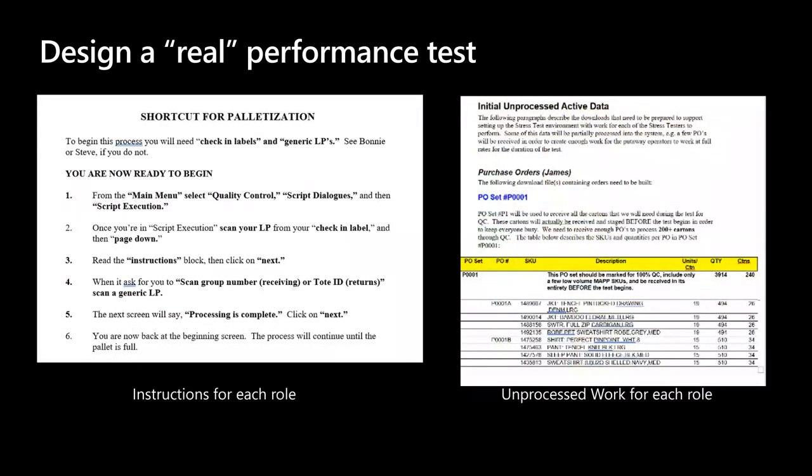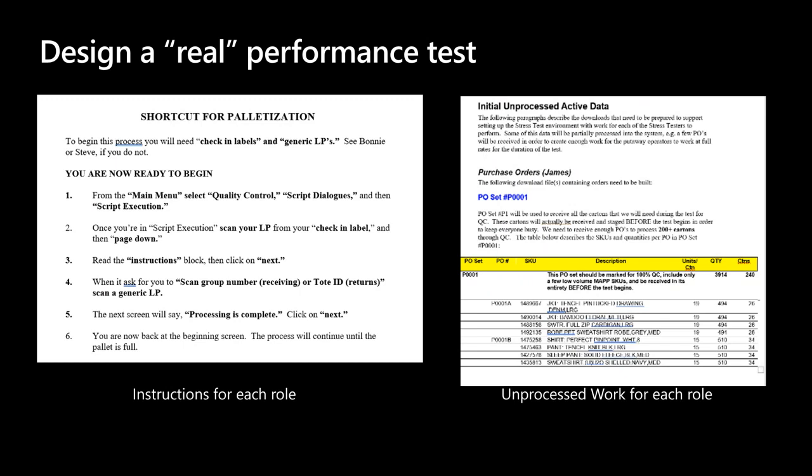So at that point in time, you basically have your benchmarks, right? This is, from a system performance perspective, the throughput at which we need to be able to execute using Dynamics 365 in our warehouse. So once you have all of those roles and those benchmark transaction times, the next thing you're going to do